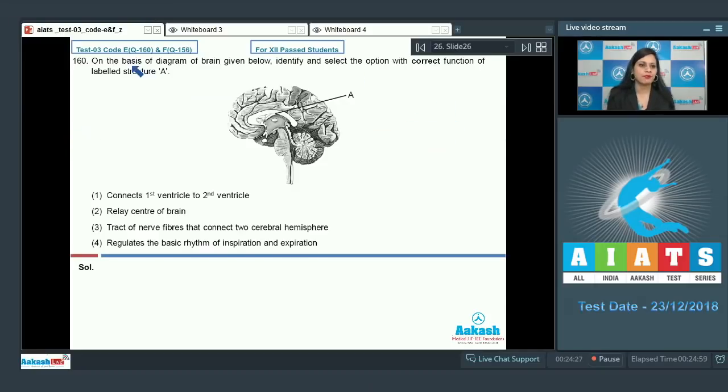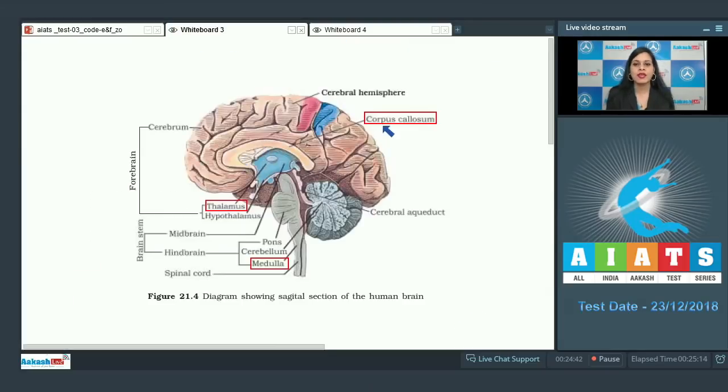Question number 160. On the basis of diagram of brain given below, identify and select the option with correct function of the labeled structure A. Now you can see the labeled structure is this, which represents what? This labeled structure represents corpus callosum. This is A. And this corpus callosum is a tract of nerve fibers,